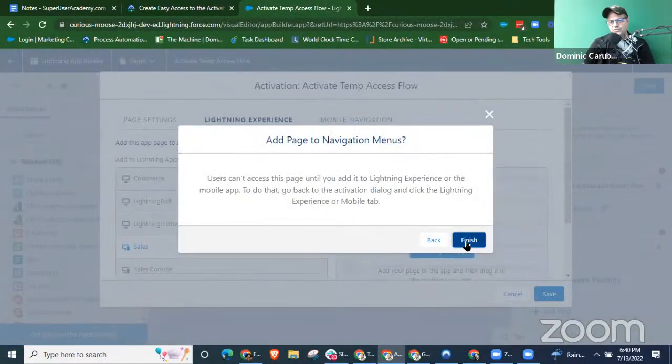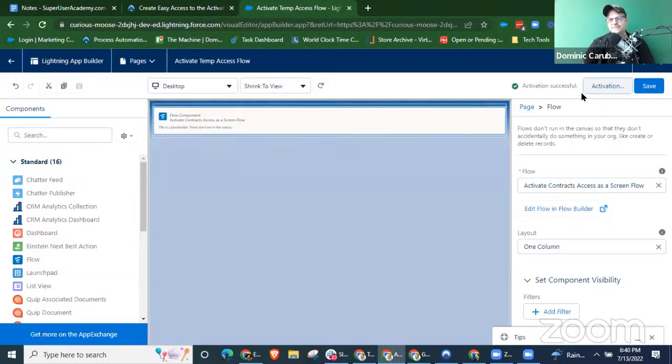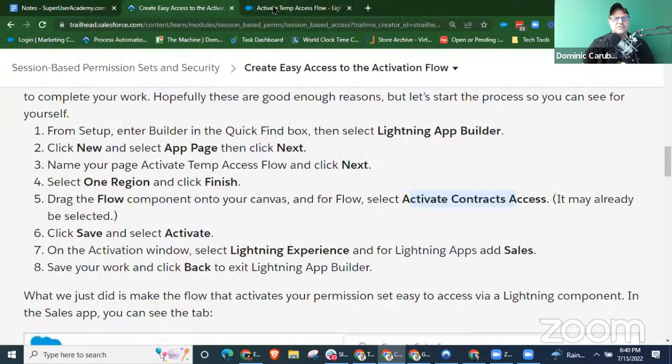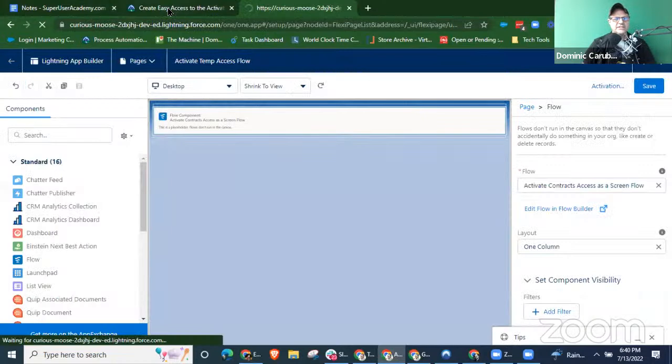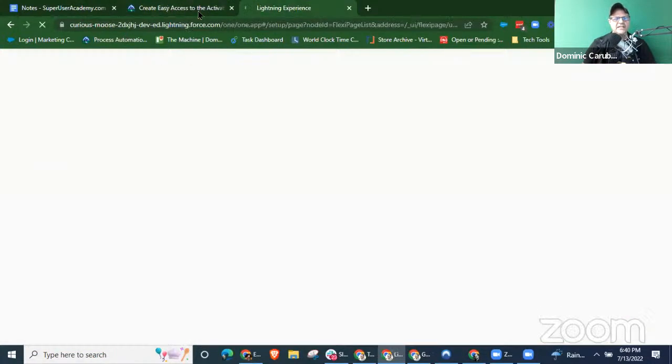That's new. This is a new interface for this anyway. It's kind of new for me. So it looks like we're done. We're out. All right, let's see where it goes. So now if I'm in the Lightning experience,